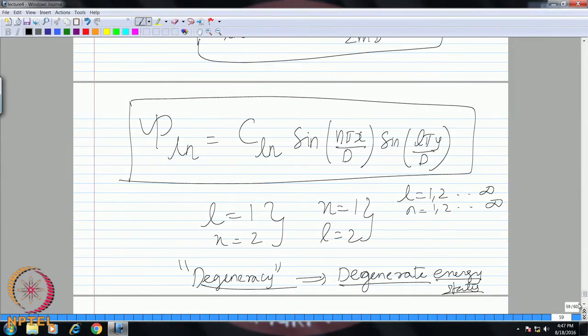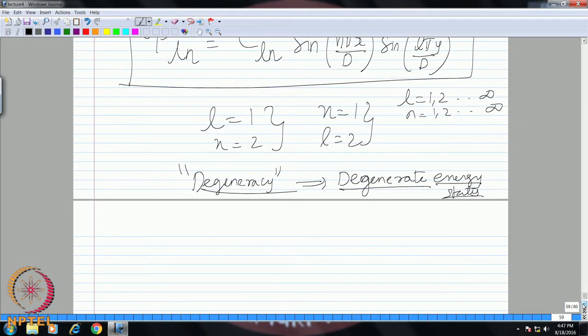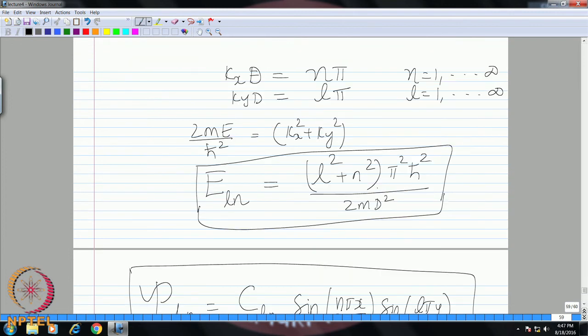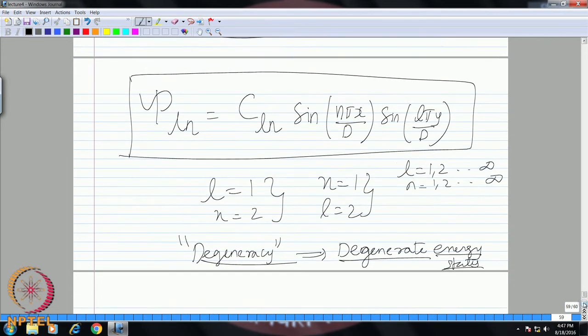This is a very important concept. We do not have to go to 3D now, because in 3D you will just expand this to a third dimension, you will have another k square, and similarly another sine function there, but nevertheless you will have additional degenerate states. Now, how does this degeneracy, for example,